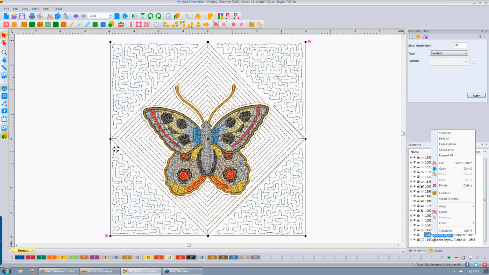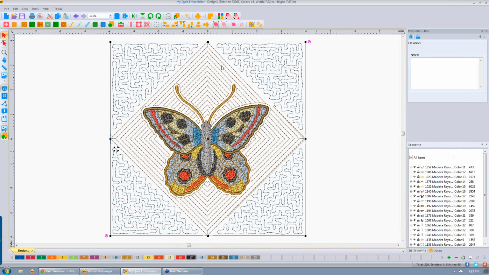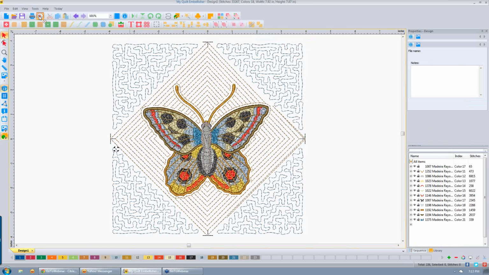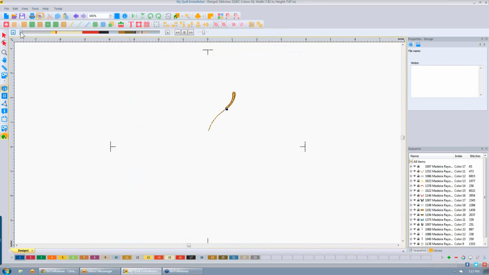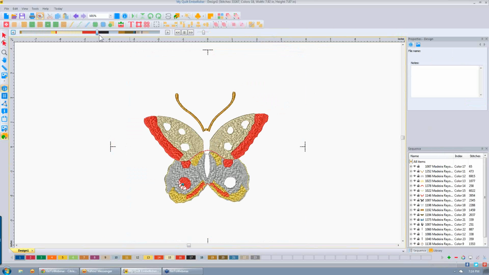Select them and send them to the back, which means they're going to stitch first. Now let's do a slow redraw. And when I do that, there's my placement marks, so I know exactly how to put my block down on my hoop. And then I'm stitching my butterfly because it's in the center of the block,